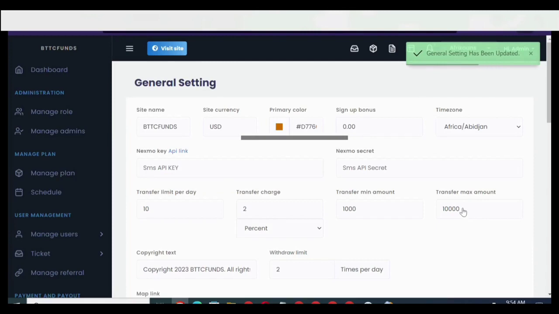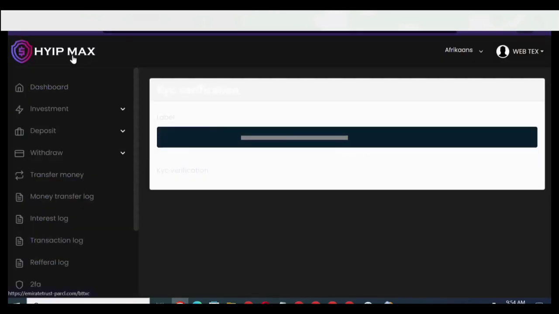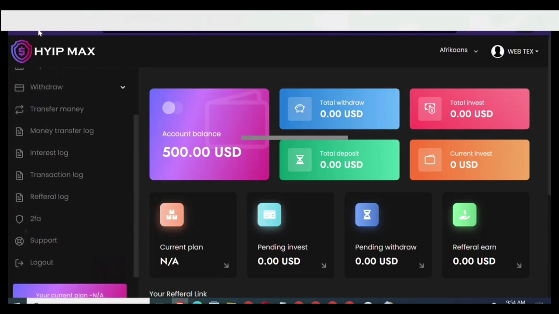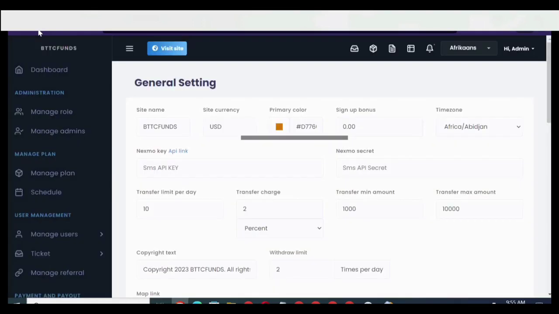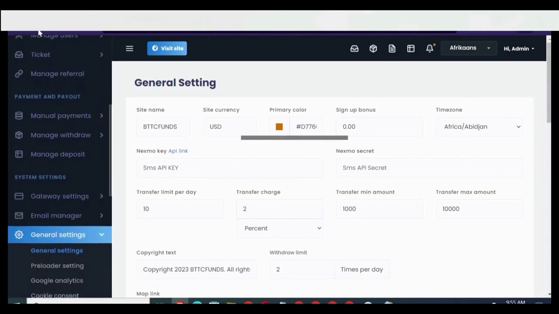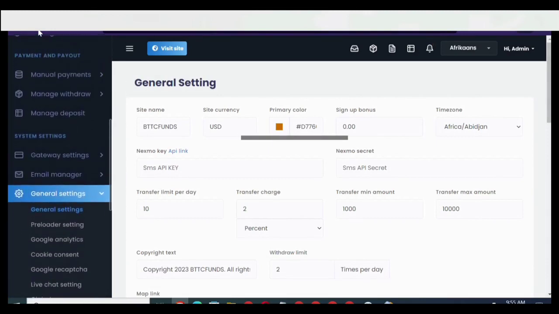So it's gone. If I come back and reload my user dashboard again, you see that it will go off. So let me reload that. You see that everything is up again. So what other stuff do I need to show you how to do right here? You can just come here and try playing around, and then another important thing you need to do is